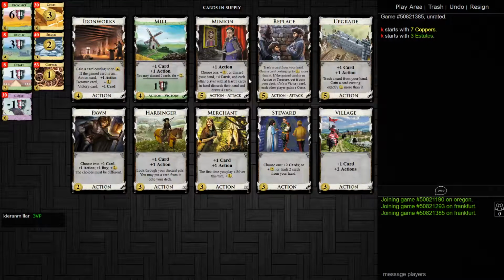So here, we do have other trash cards for a change. We've got Upgrade and we've got Replace. Steward is still going to be better trashing because these cost 5 and this costs 3. If I open 5-2, maybe I will get...